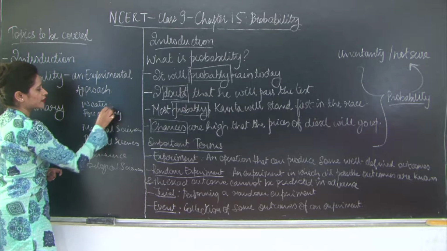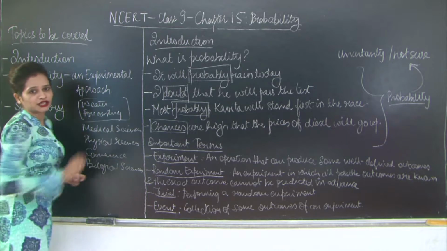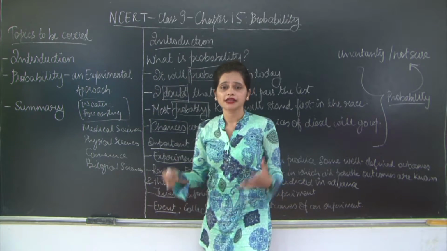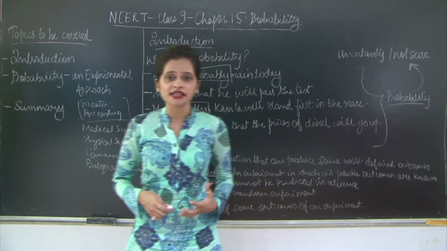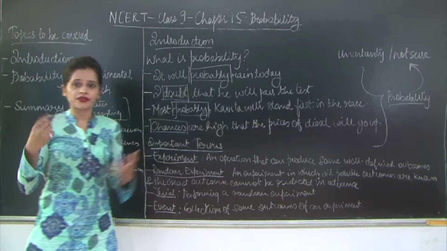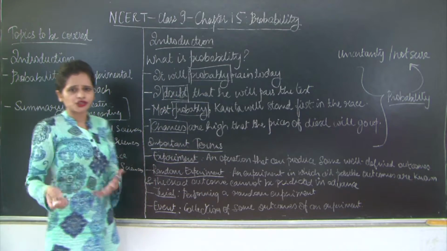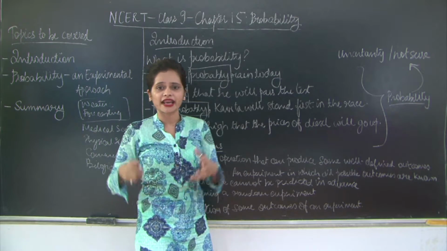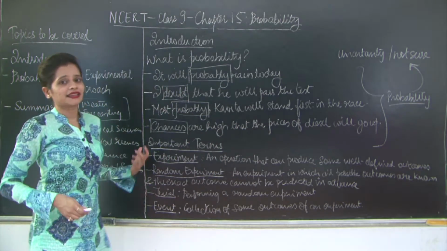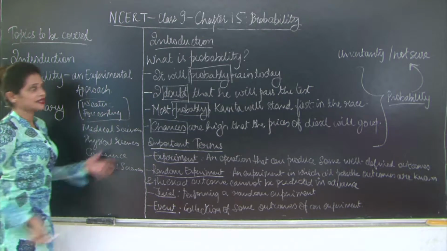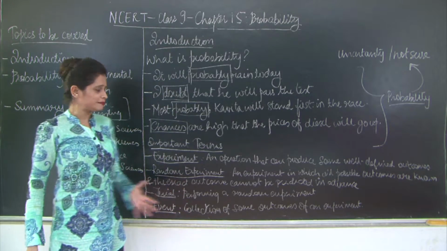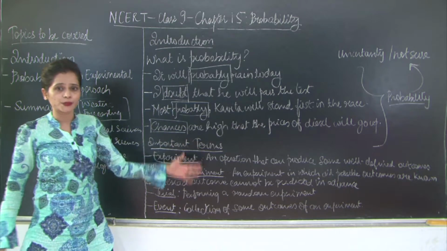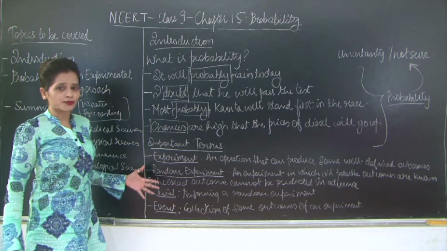You see the news, we have weather forecasts, right? So how do they get to know about the weather forecast? It's because of past experience and by locating the clouds, the geography, we have satellites and so on. The satellites give you a picture, and that's how the specialists forecast the weather with the use of probability. Now, since we are done with the introduction, let's move on to certain important terms related to probability.